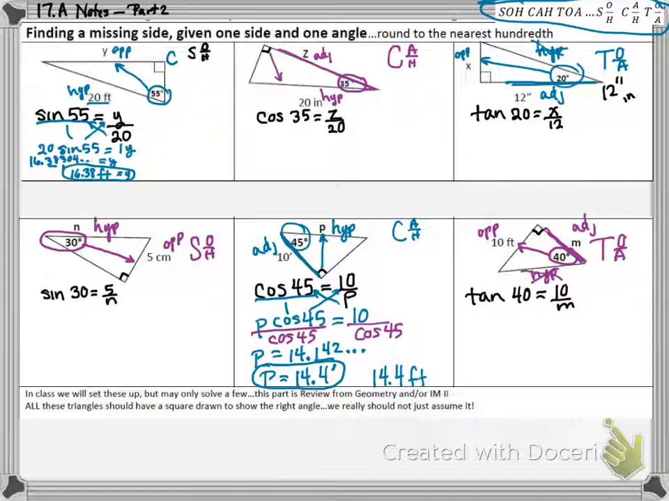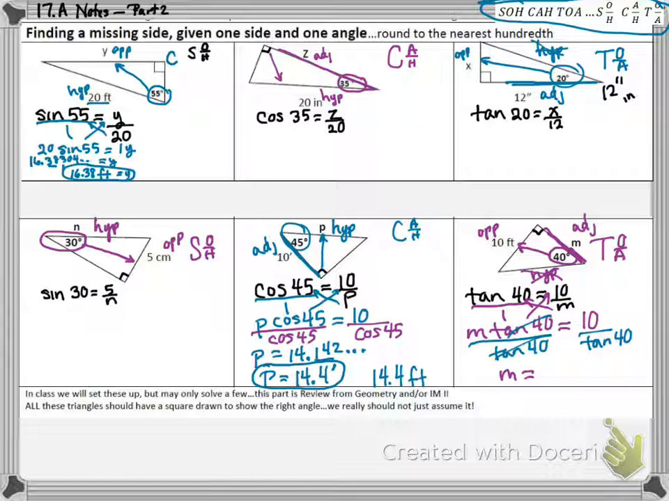Okay, let me do another one from this bottom section. Let's do a tangent one, because I haven't done a tangent yet. Again, I'm trying to get the letter by itself. I'm going to put a 1 underneath here. I'm going to cross multiply so that I have m times tangent 40 equals 10. Still need the m by itself, so I'm going to divide both sides by tangent 40. This makes my tangent 40 cancel out, and I get m equals, in my calculator, 10 divided by